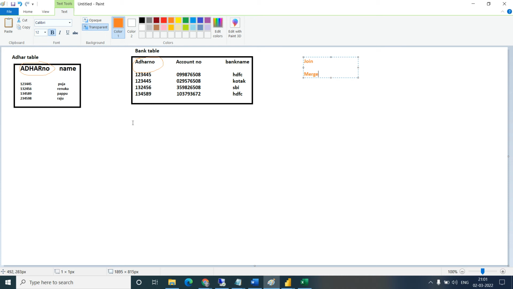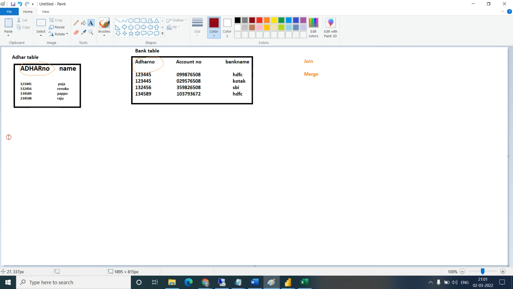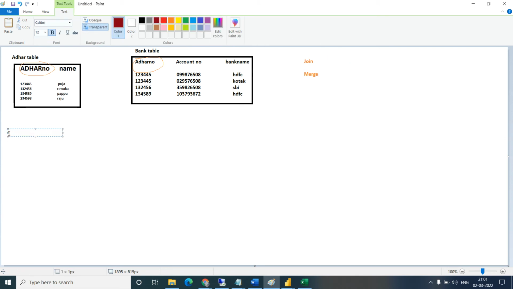So what are the types of merge available in Power BI?